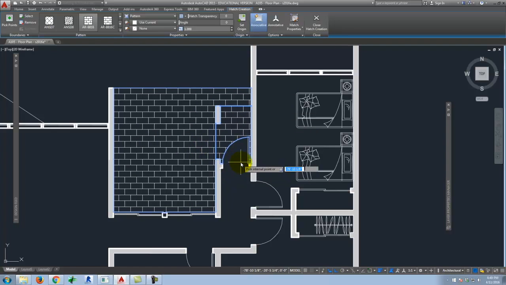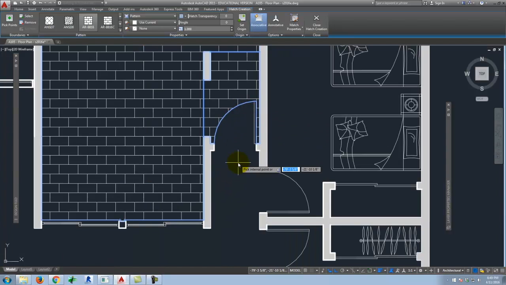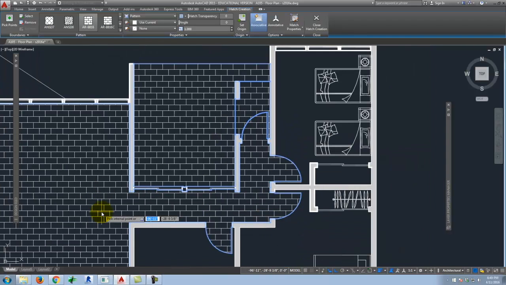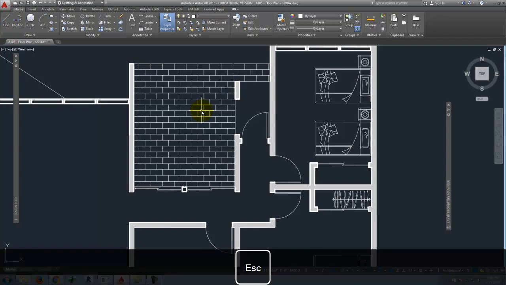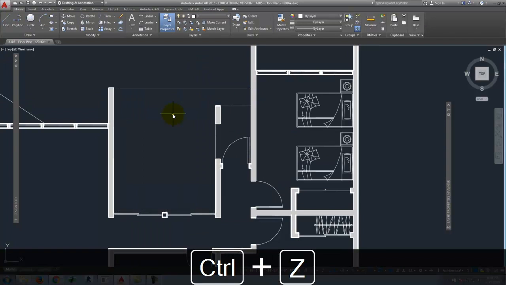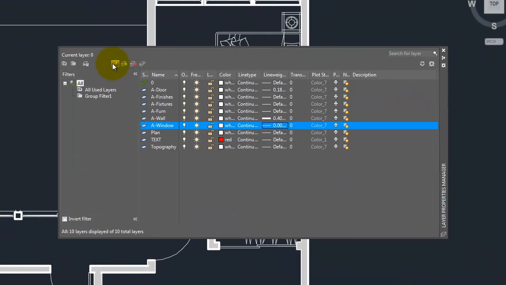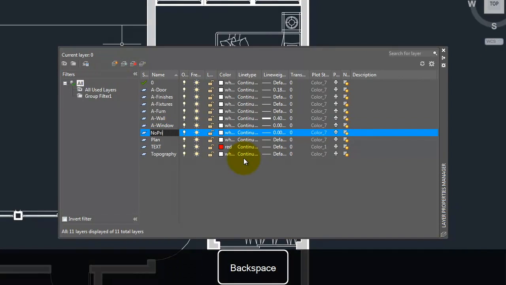Now I'd like to fill in this particular piece here that's underneath the door swing, but if I were to do that, it would fill in all inside my building, which I didn't want to have happen. So let me just go ahead and back up for just a second. And what I'm going to do is create a layer. So I'll come up to Layers, and I'm going to create a brand new layer. And I'm going to call this one No Print,